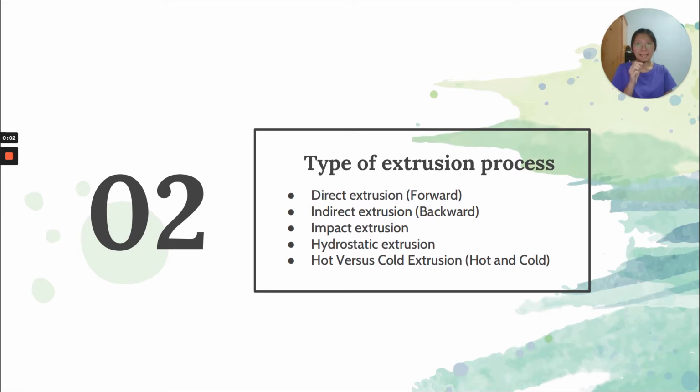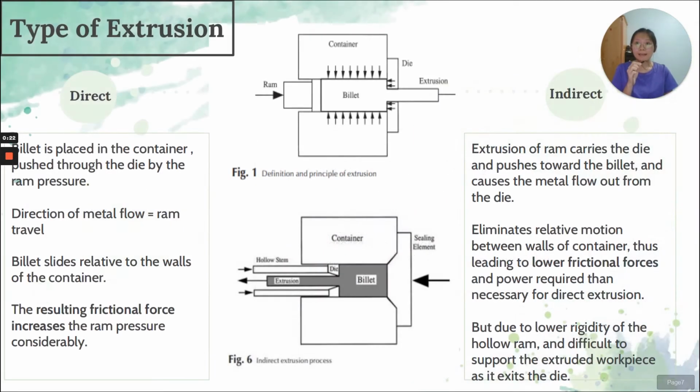My name is Kok Kai Lin. In this part, we will explain the different types of extrusion process. The types of extrusion process to be introduced are direct extrusion, indirect extrusion, impact extrusion, hydrostatic extrusion, hot extrusion, and cold extrusion. First of all, direct extrusion, also known as forward extrusion, is the type of extrusion that occurs